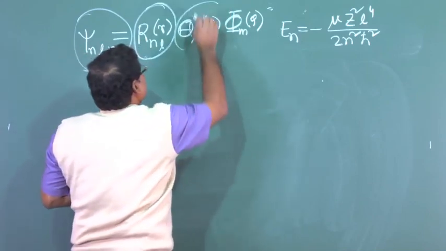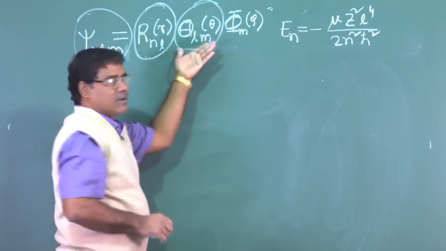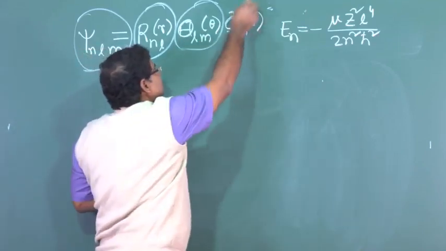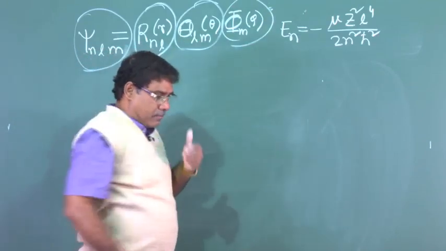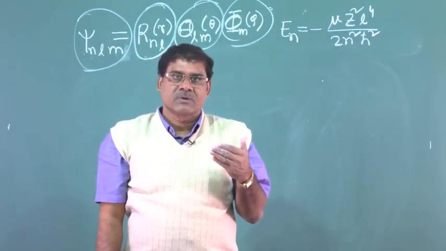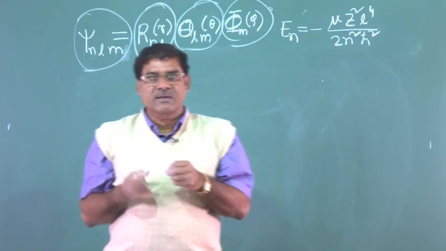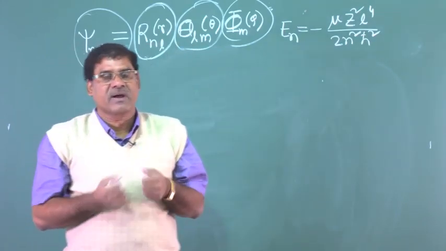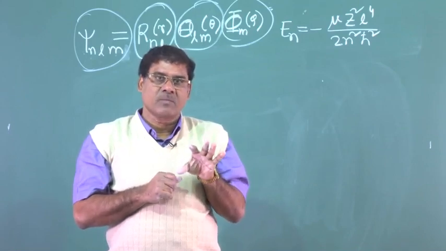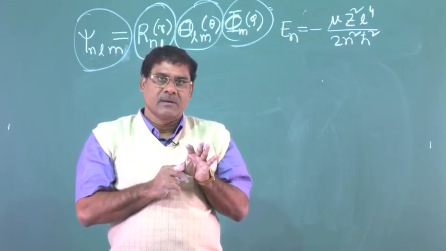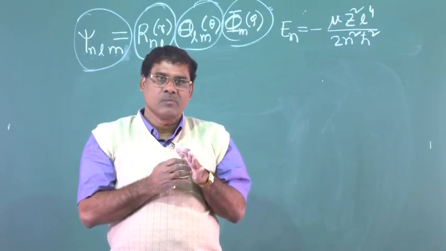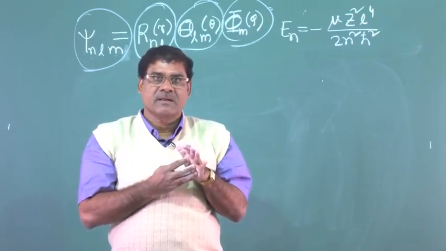So, if we plot this one, it will tell about the theta dependent part of the wave function, and this will be the phi dependent wave function. But the behavior of the wave function as a function of r, theta, phi, that is one thing, it gives some information. Okay. But to get more information,